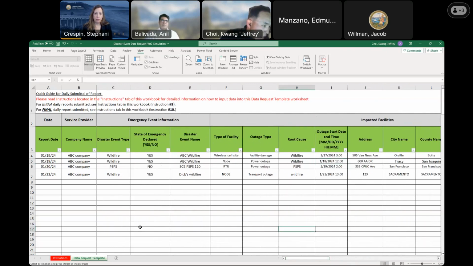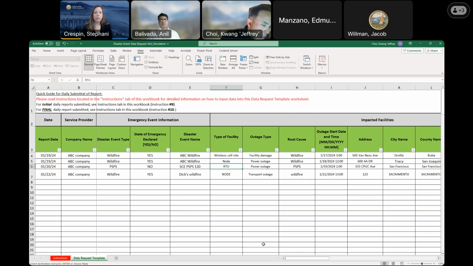Then maybe next day, after we ask you to send the data request for PSPS, the area affected by PSPS could be a different area, which is not the same area affected by wildfire. Then you can get the information and put it here and send to us.